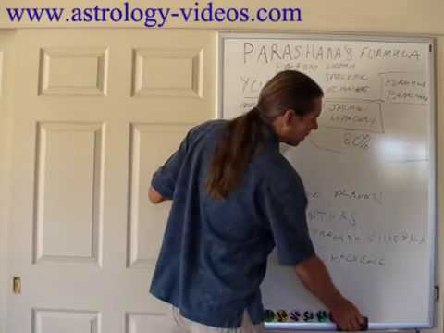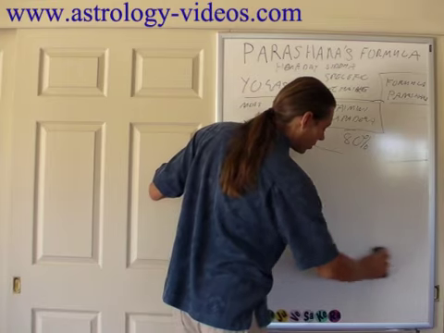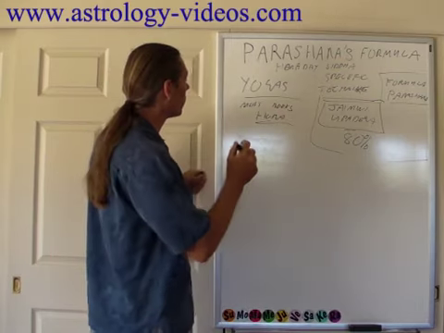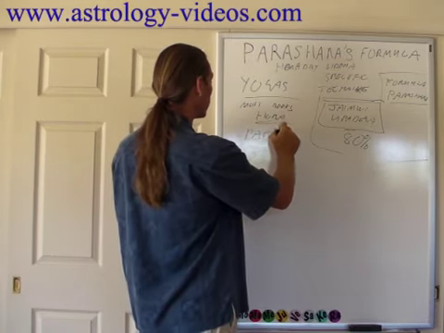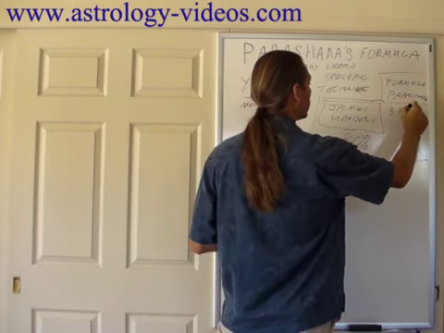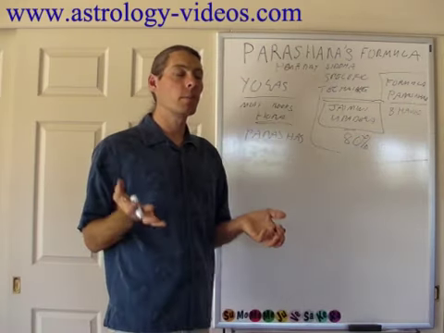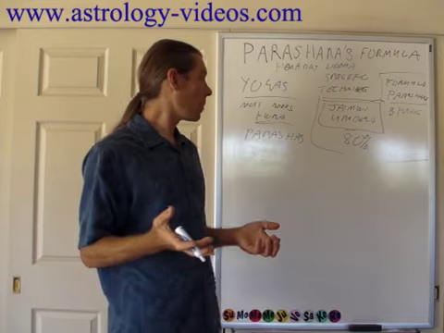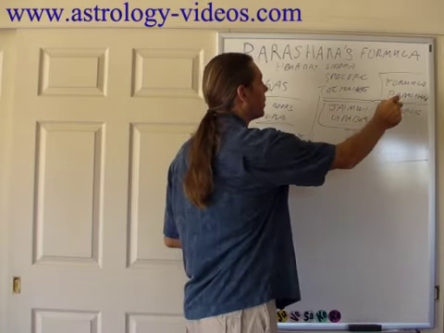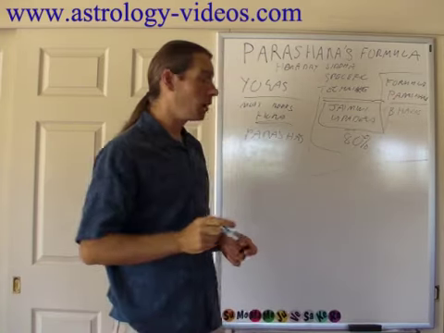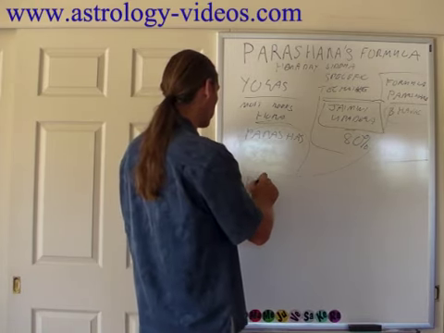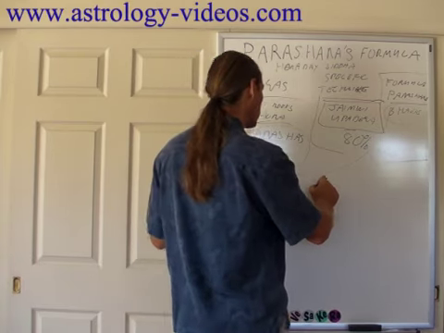Now, what does the formula consist of? Well, there's two parts to the formula, because Parashara deals with two parts of astrology. He deals with yogas, like I talked about, he has a lot of good yogas. And he deals with a formula for judging bhavas, or making concrete predictions. When we judge a bhava, what we're really doing is making a concrete prediction. So Parashara does both of these things, yogas and that. As a result, he has two distinct formulas. One is a formula for judging yogas.